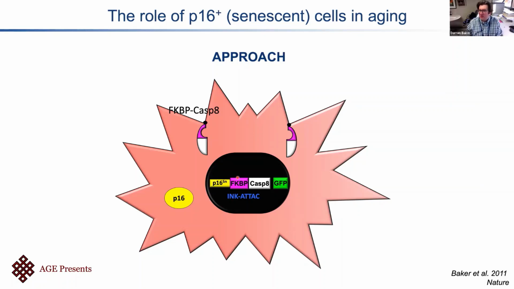There's other models similar to this, where the idea is that you are using different drugs in a genetic context of an engineered mouse model to eliminate senescent cells. In this case, we used a small portion of the p16 promoter to drive the expression of a drug-inducible caspase-8 molecule. As cells were entering into senescence, they would start to be expressing p16. They would also theoretically start to express this transgene, but nothing would happen to those cells because the caspase-8 is in an inactive state. The addition of an artificial drug known as AP20187